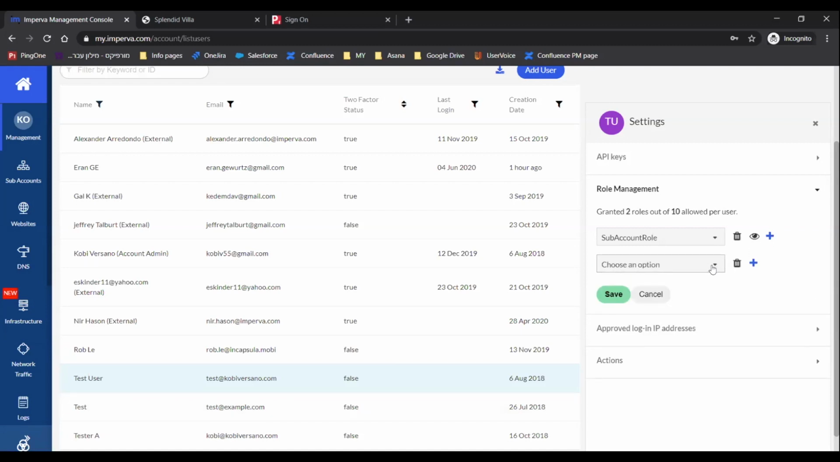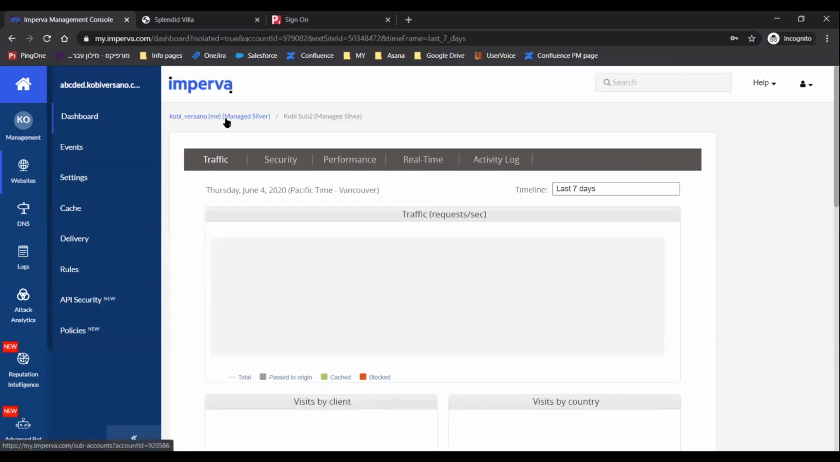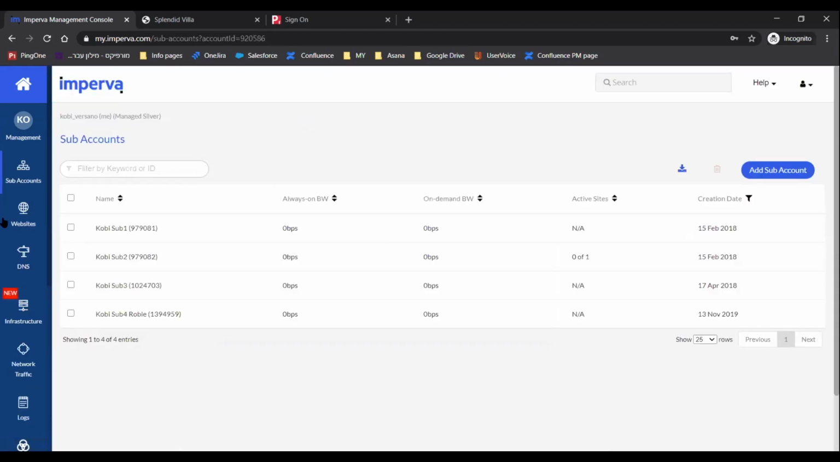So if we assign the role to the user on the account level, the user will inherit all the permissions on the account and all the sites in their account. However, in some cases, you want to allow users to perform actions only to specific websites. For example, if this user is managing the website, this can be achieved by entering the specific subaccount, which is